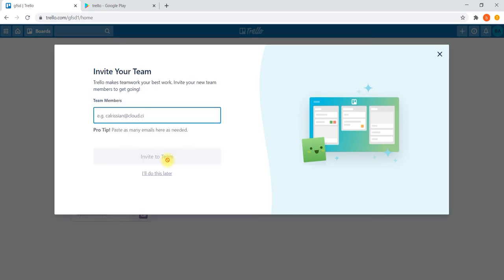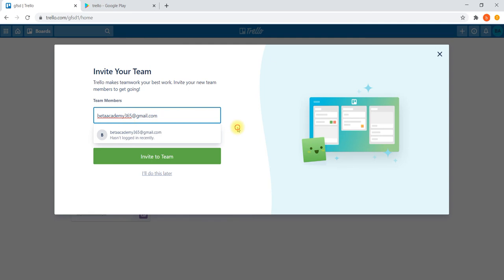Once you have created a team, then we have to invite members. How to invite members? We have to invite members by using an email address.